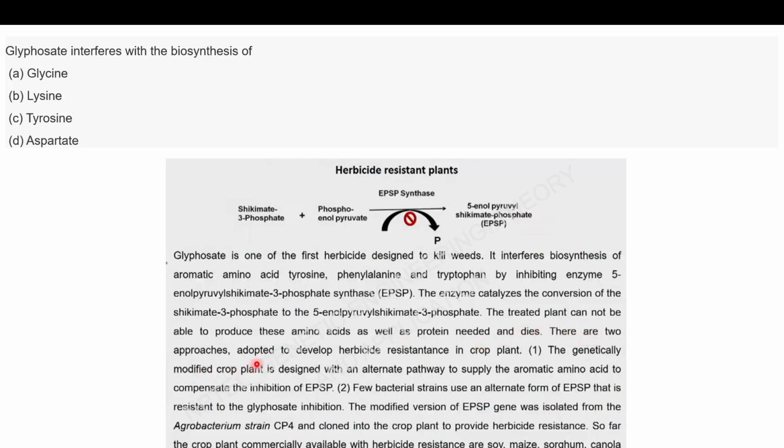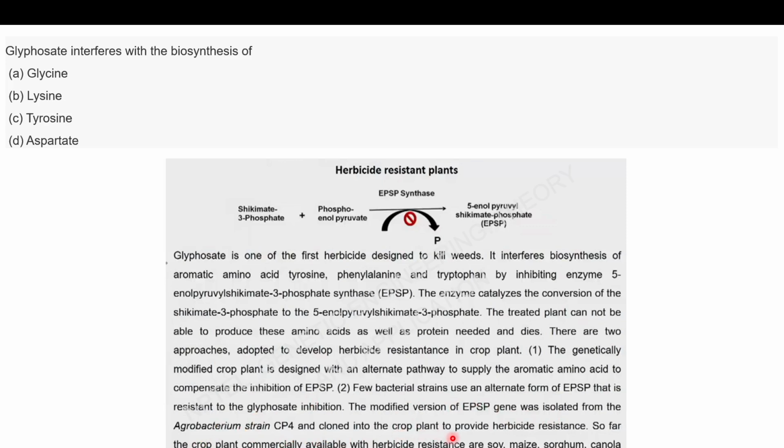So there are two approaches adopted to develop herbicide resistance in crop plants. First, the genetically modified crop plant is designed with an alternate pathway to supply the aromatic amino acids to compensate for the inhibition of EPSP, because the plants might need it in some other biosynthetic or metabolic pathway. And a few bacterial strains actually use an alternate form of EPSP that is resistant to glyphosate inhibition. So the modified version of the EPSP gene was isolated from Agrobacterium strain CP4 and cloned into the crop plant